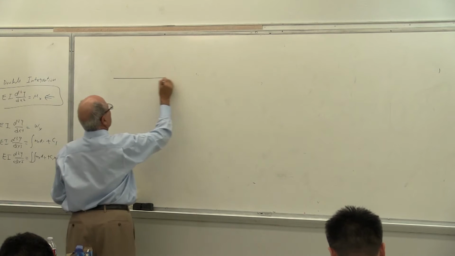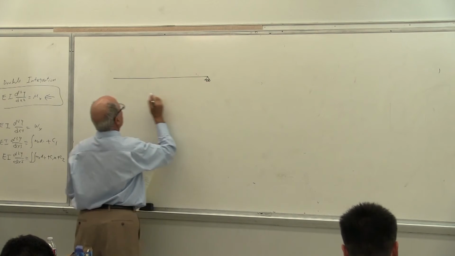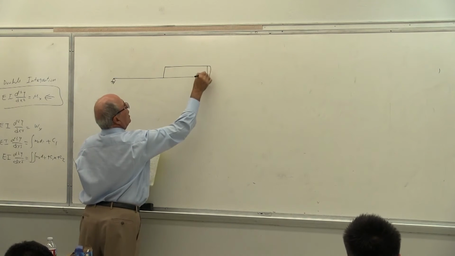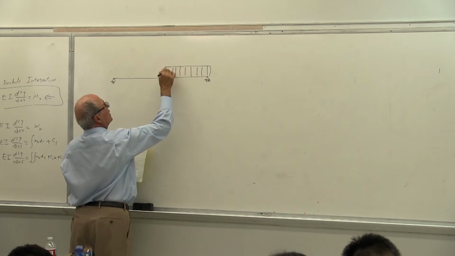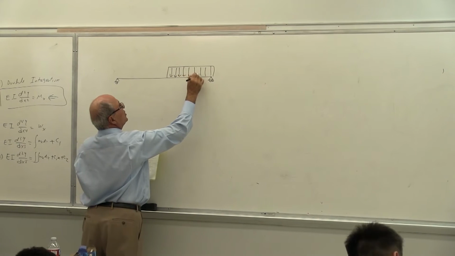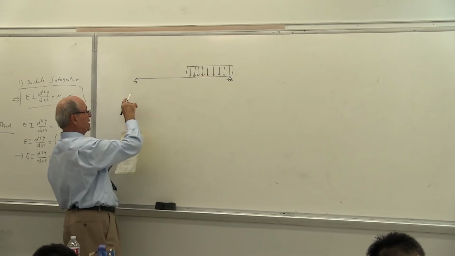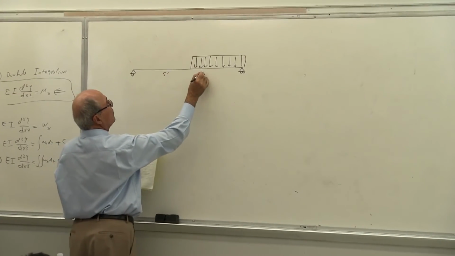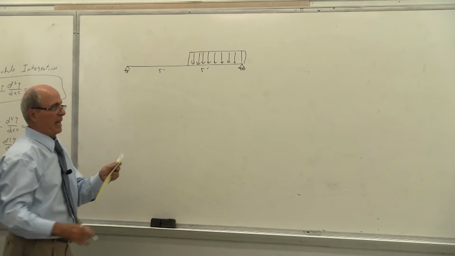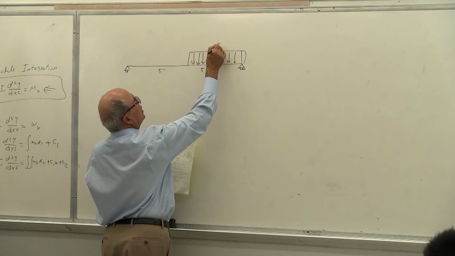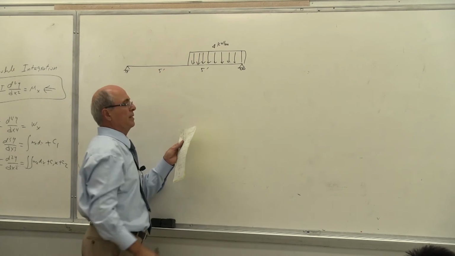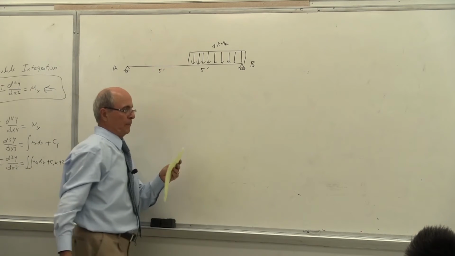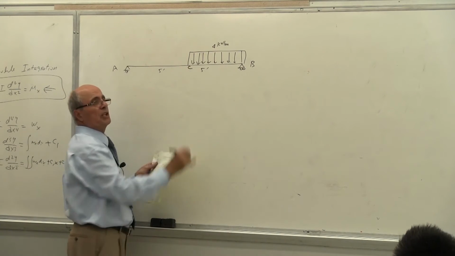Here it is. Now, a beam and we have a load here. This is the same beam as I did before. Remember, the length of the beam was 10 feet. Now here is the same thing, except this is 5 feet and 5 feet there. And then we have here 4 kilonewton per meter. This is point A, this is point B, and let's say at this point is point C.